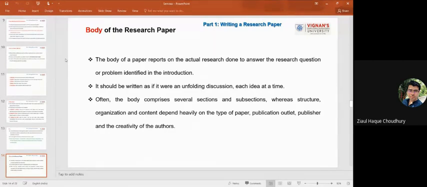In the body of the research work, what kind of methodology you are using, what concepts you are using to get the desired output, and what process has been done, everything is discussed in the body part, that is, in the methodology. So after defining the methodology,